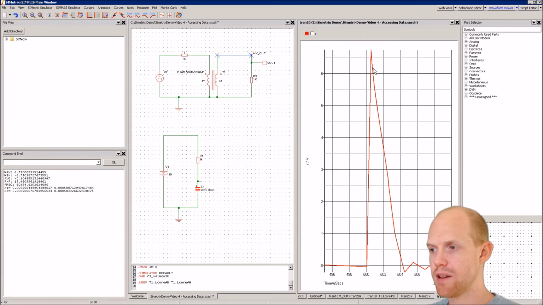So we want the second value for 6 and the second value for 1. So it's the second value for 1 minus the second value for 6 is going to give us our fall